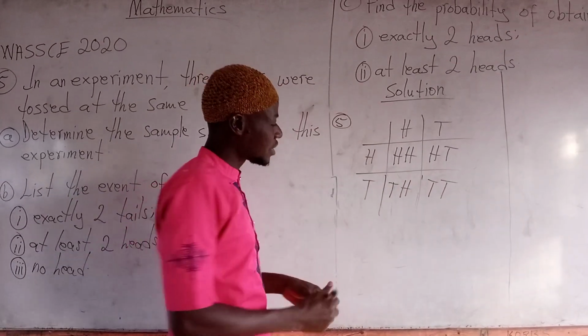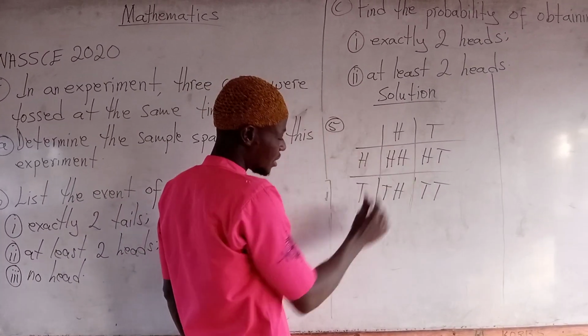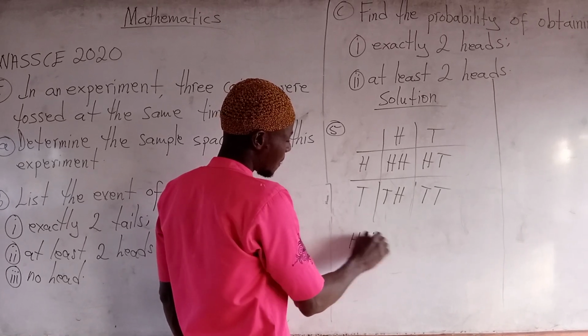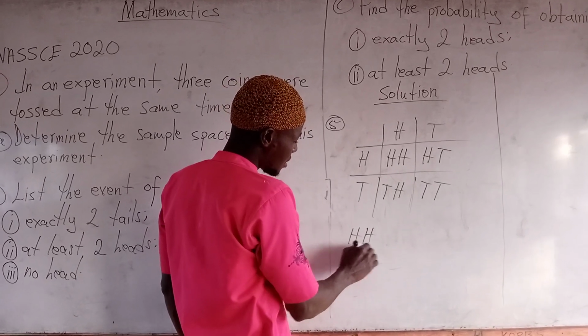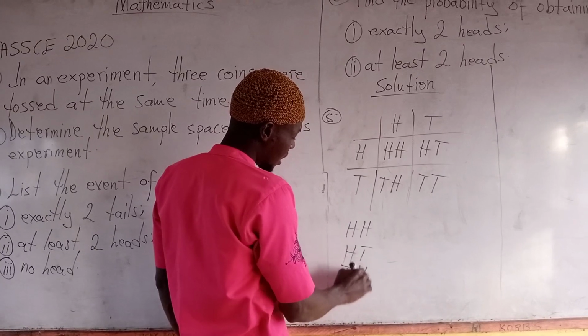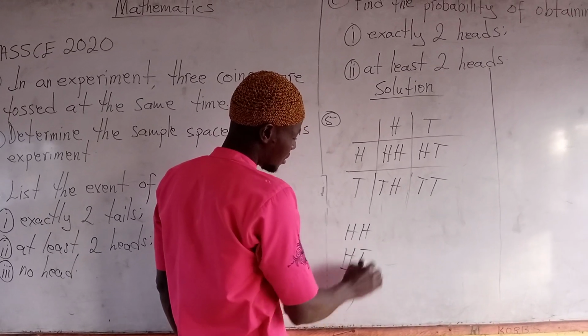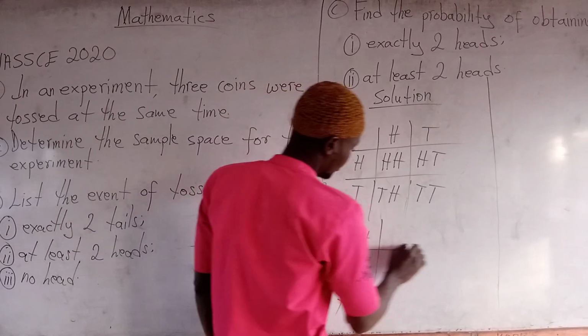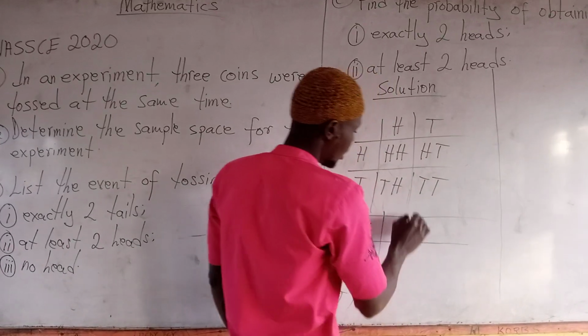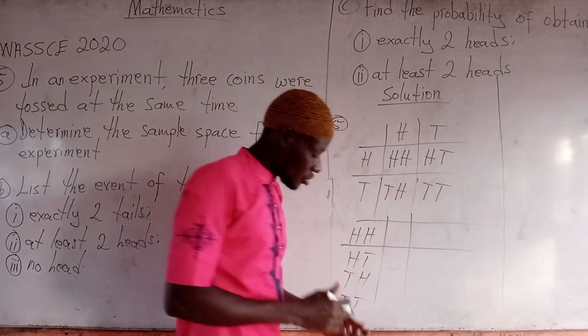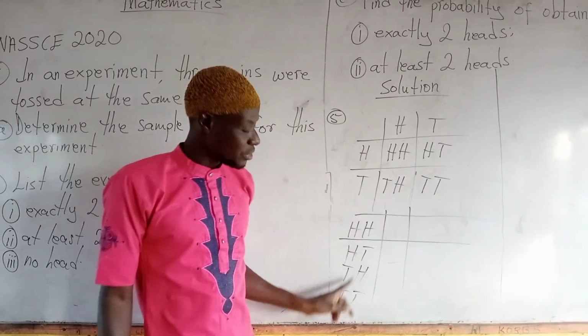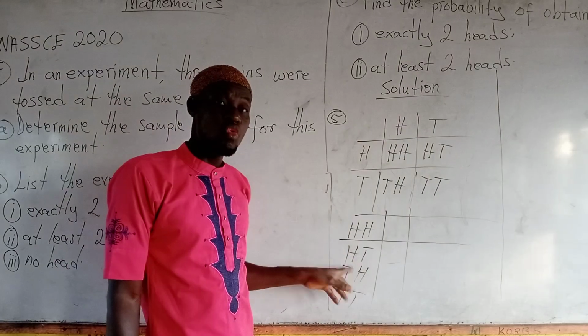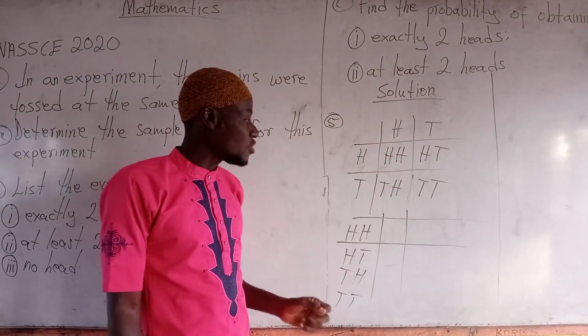If this is the sample space for throwing 2 coins at the same time,